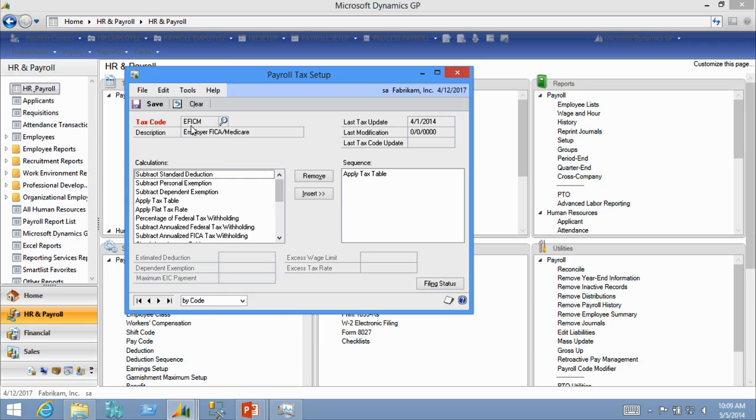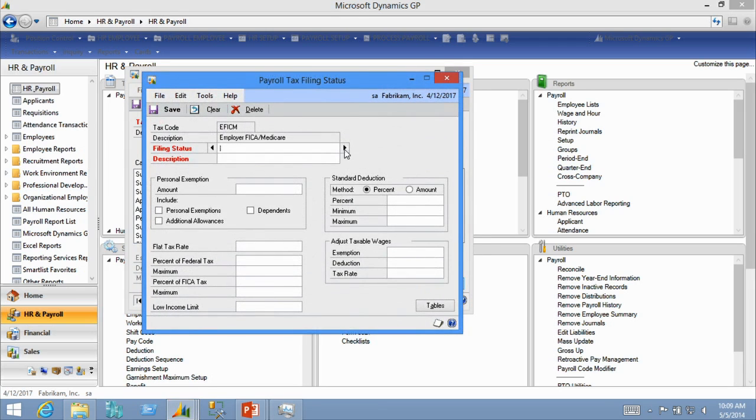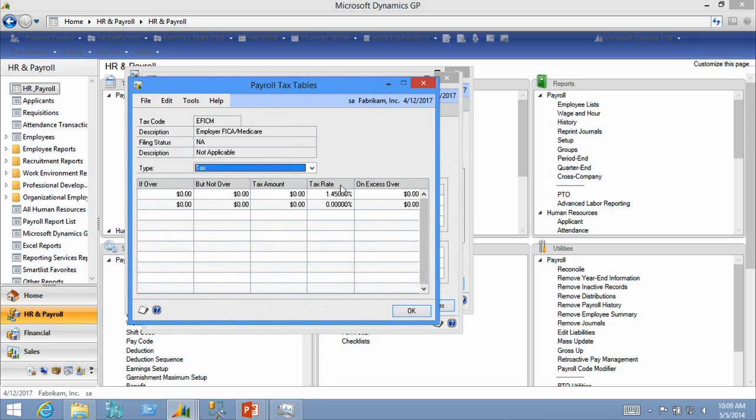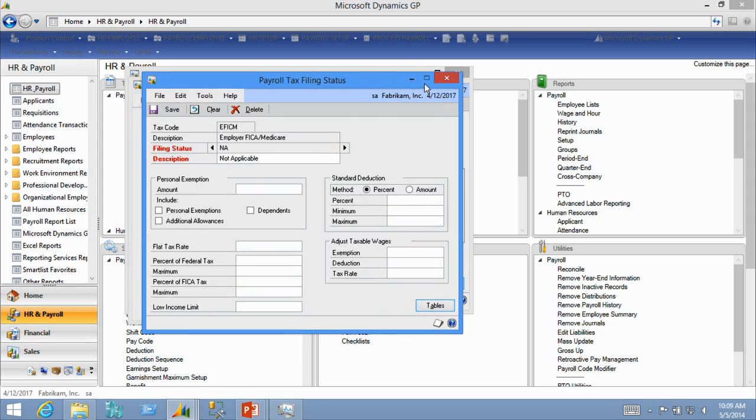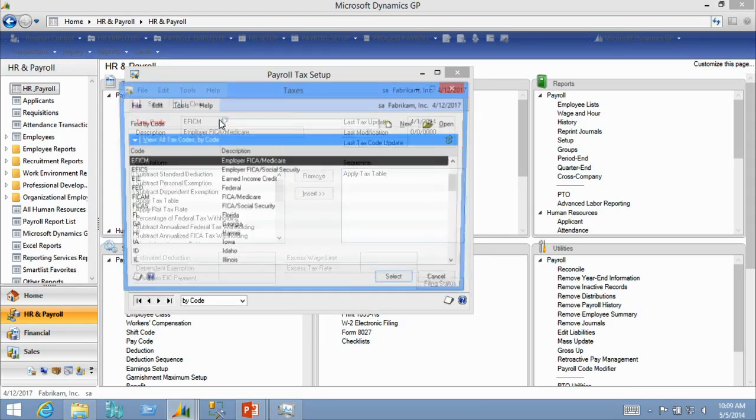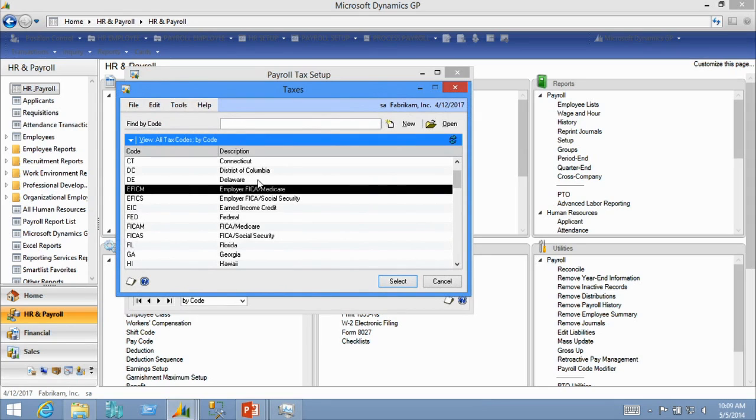You can pull up your code, EFICM. This tells you what we're doing. If we click on Filing Status, I arrow over, and if I click on Tables, you can see there's the 1.45 rate for your employer Medicare. If I go back,